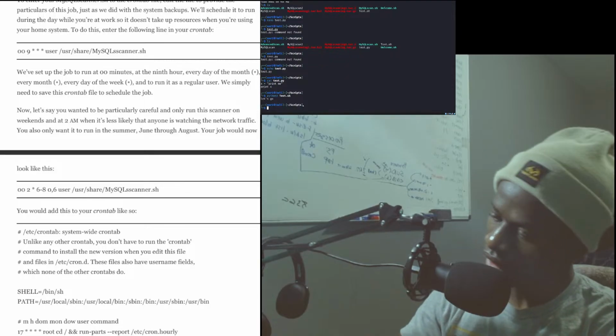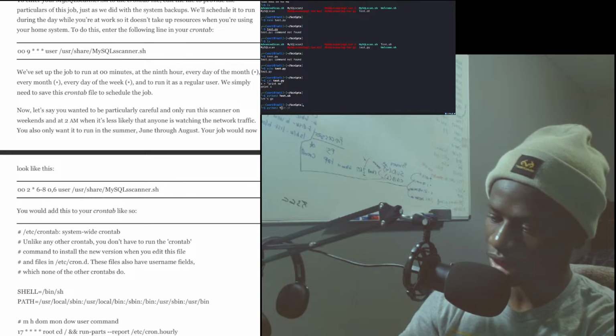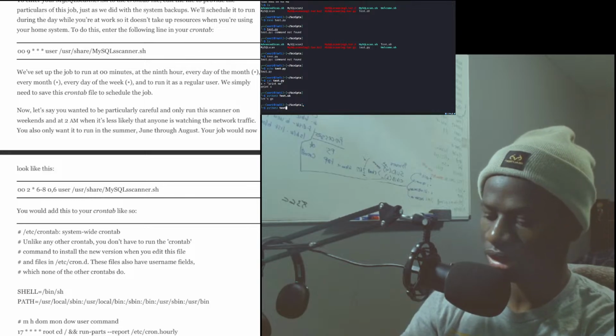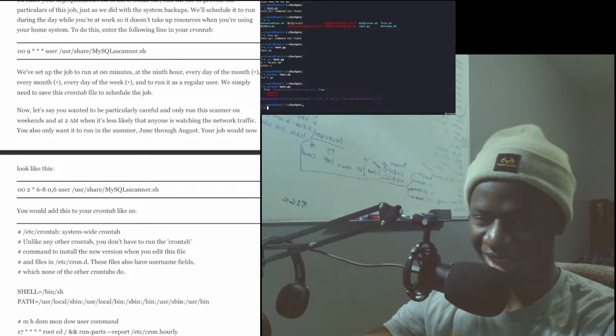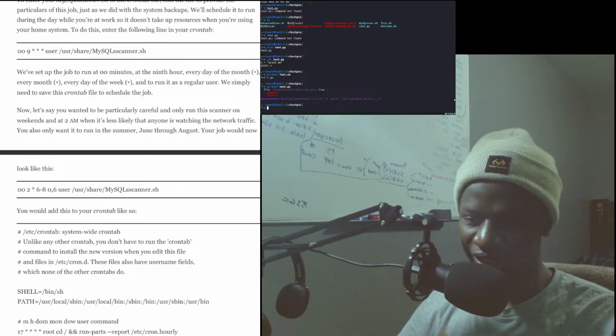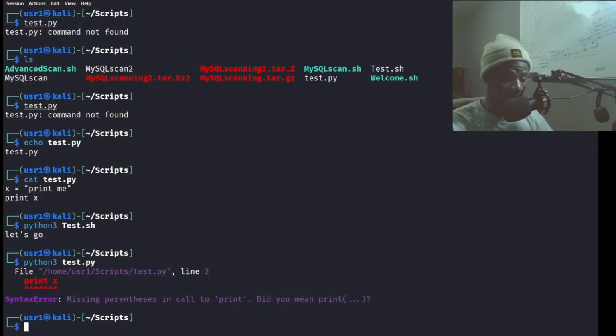Let's go. All right, so it was correct. test.py, yeah, I thought so. That's different, not different, but the parentheses. You need the parentheses to do that.